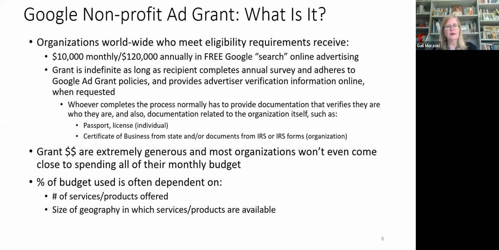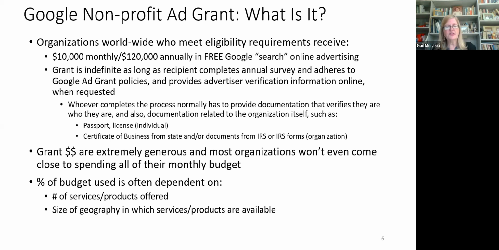And I just want to spell out that what Google is providing you is really the media buy. So when I say media buy, what you're getting from Google is the advertising. So you can't use your grant to pay somebody to run your Google ads for you, for example, like hire an outside consultant or even to pay some internal people. The money can only be used for the ad buy itself. I hope that makes sense, and we can talk about that at the end.